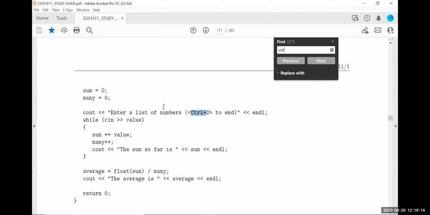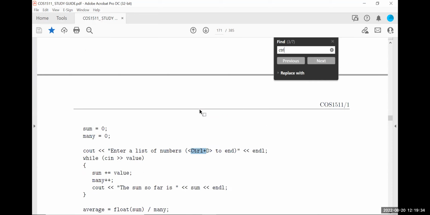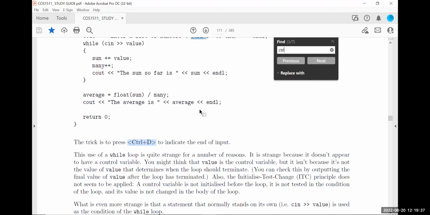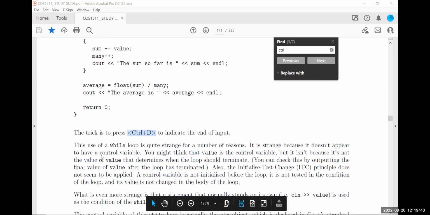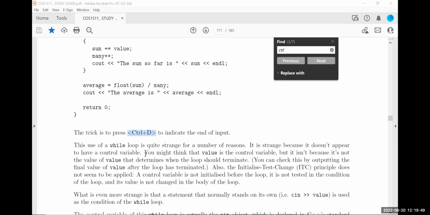The reason I wanted to show you this is, like I said, this lesson is about validating numbers and ensuring that we can stop the loop from running, or the menu option. And in my opinion, this is one way of stopping the loop or coming out of a loop. Control D. And it's found on page 171, Anisu. I'd like you to go and read what it talks about using this Control D. It says that this use of a while loop is quite strange. It's strange because it doesn't appear to have a control variable. You might think that value is the control variable, but isn't it not the value of